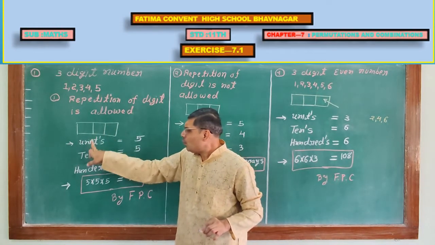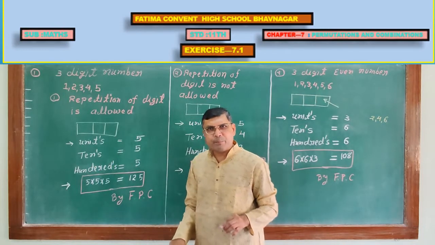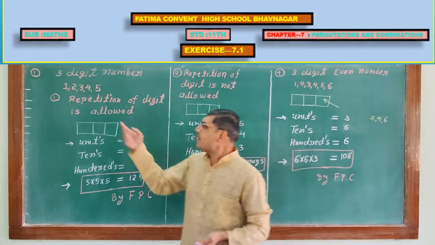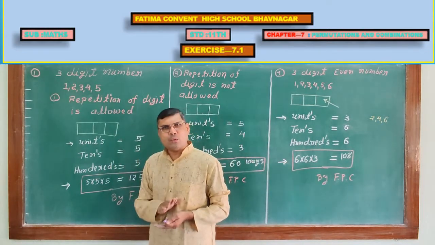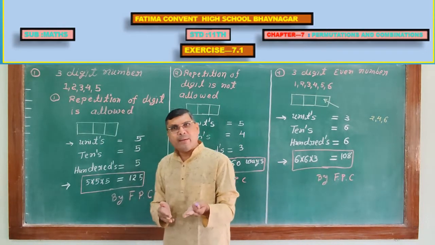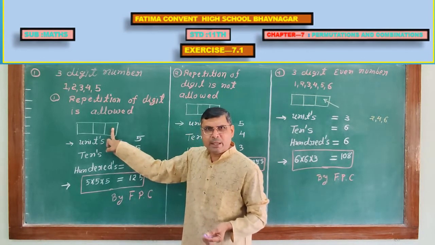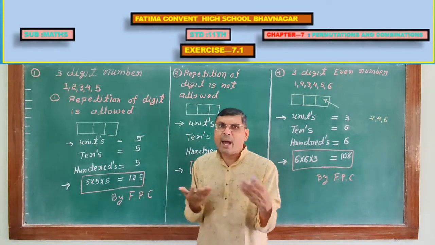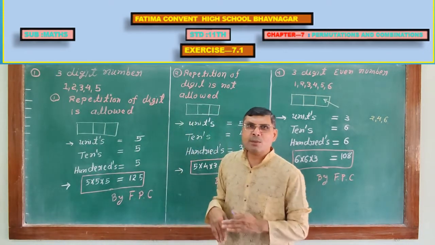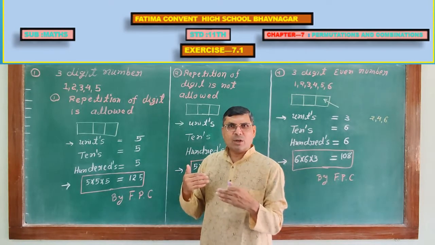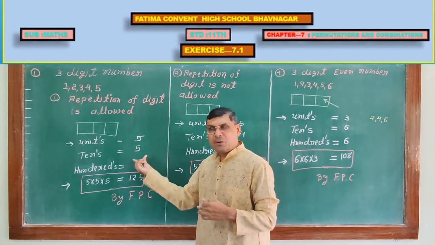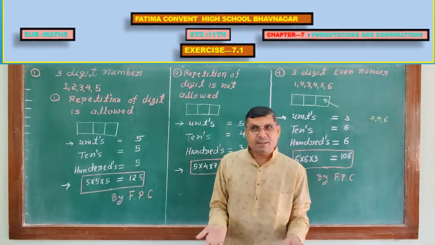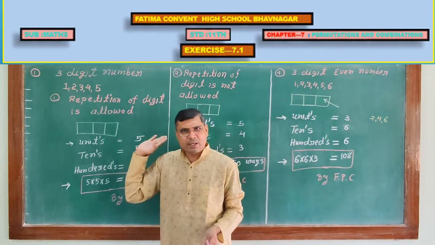Then I am coming to the middle one, that is the 10th place. Now since repetition is allowed, once again you can select any number from 1 to 5. Suppose you are putting 1 over here in the beginning, then once again 1 is allowed. So for the 10th place also I have 5 choices, 5 possibilities, 5 outcomes. So 5. And finally for first place, for the 100, same thing.